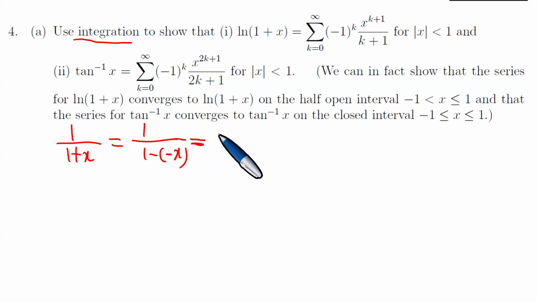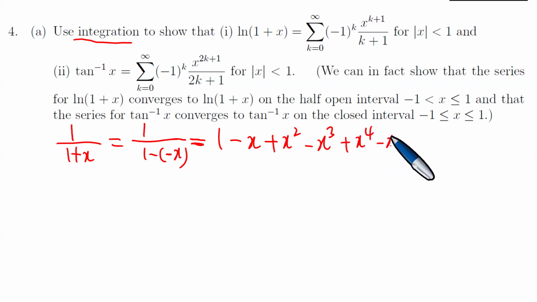And the minus this now is going to be 1 minus x plus x squared minus x cubed plus x to the fourth power minus x to the fifth power plus x to the sixth power minus x to the seventh power and so on. In which case,